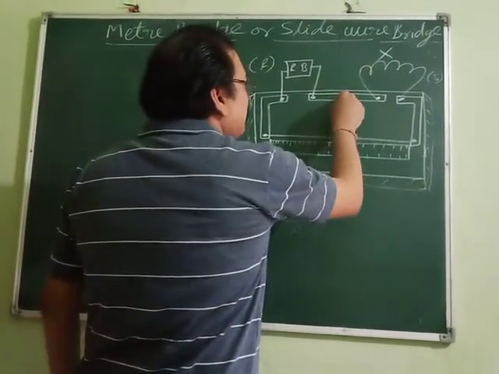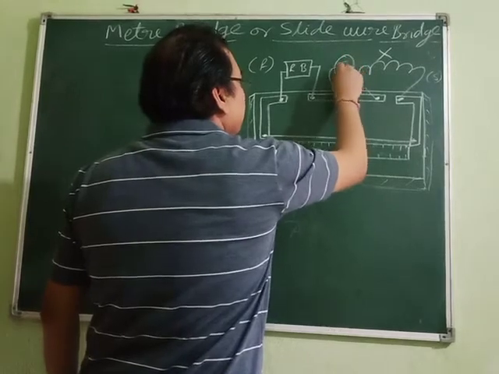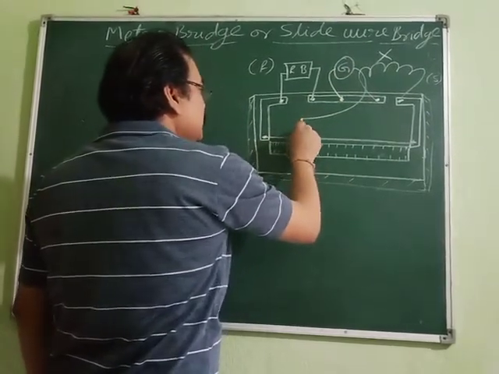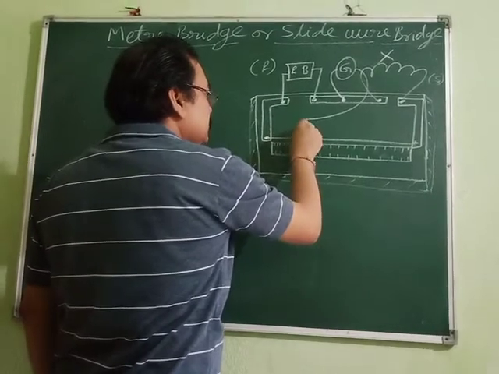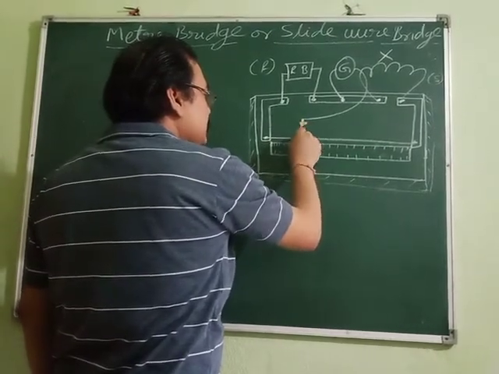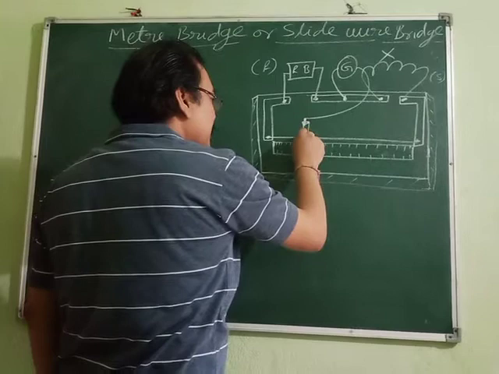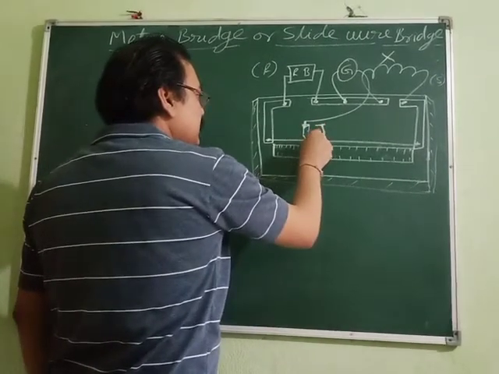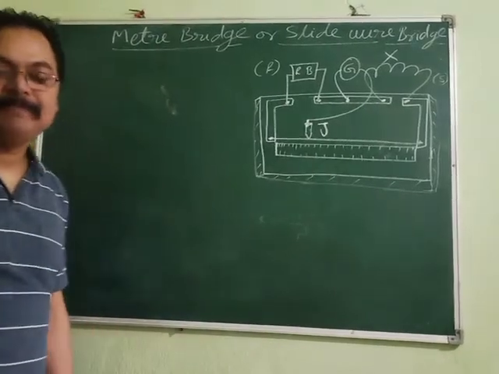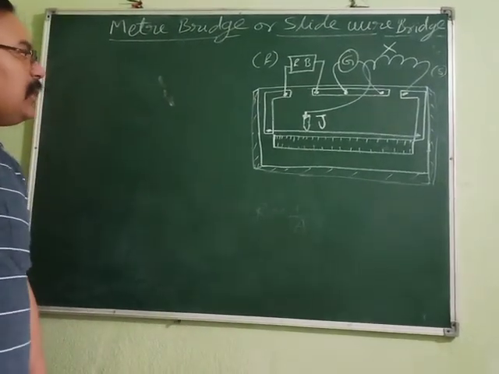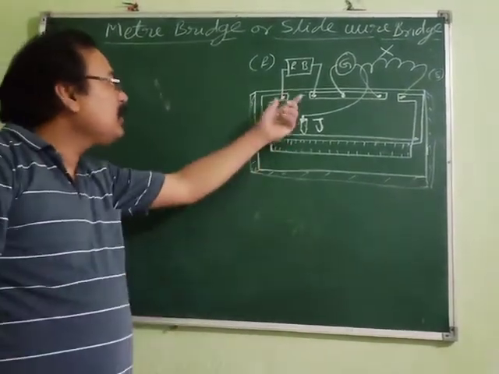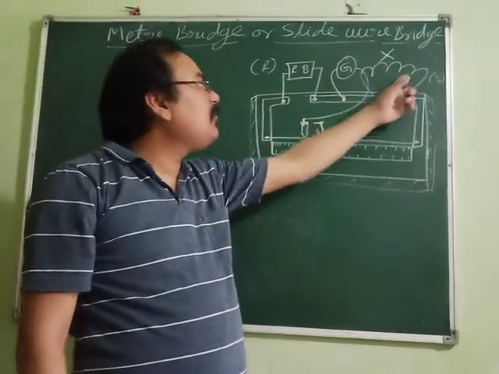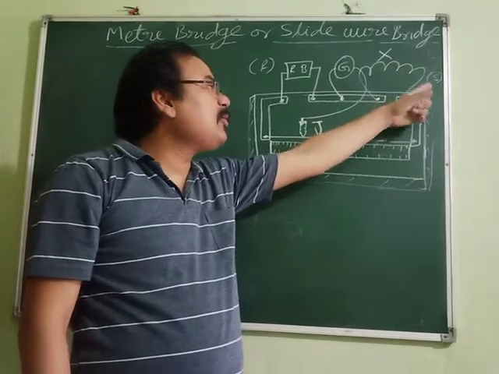Here there is a knob which we connect to a galvanometer, and the other side of the galvanometer is connected to a metallic copper piece, which is known as the jockey. Okay, the jockey is J. Whatever resistance is introduced through this, that is R. Whatever resistance we will find of this, that is X instead of S.